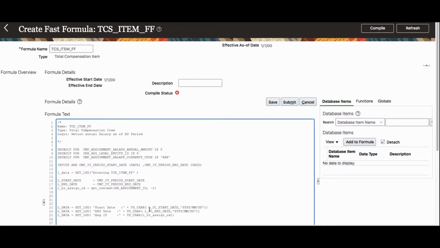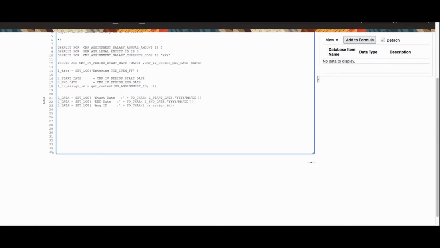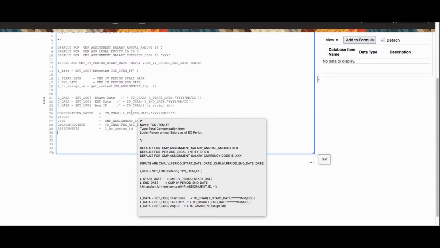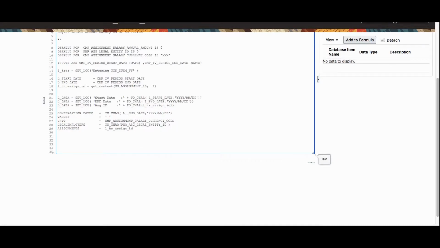I'm writing a log. It is not a plan start date, so I'm making sure. Whatever, I got it. Now I introduce the variable for all that, the output. The compensation state, I'm putting the plan end date, that's the date, and the value I'm just giving another